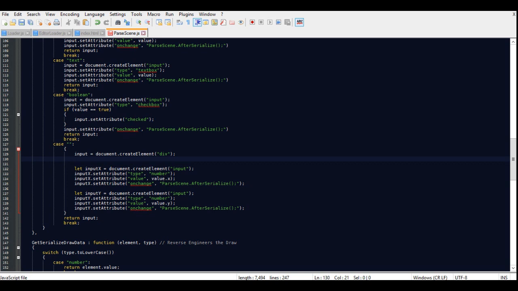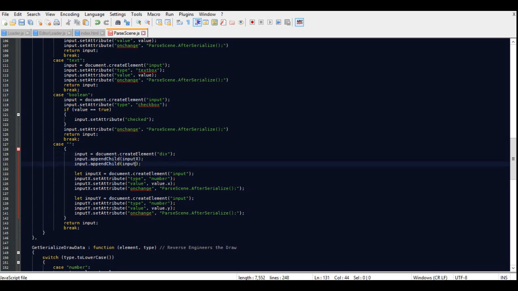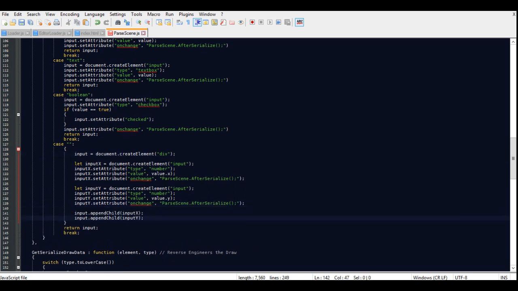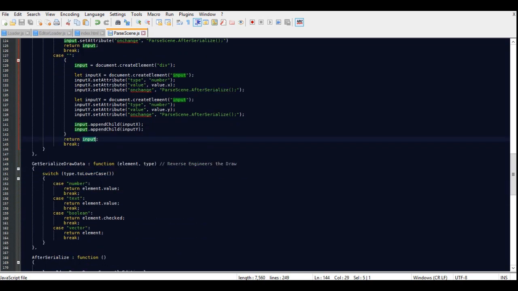So input append child input x, and we'll do input y. I'll put this after the fact. So now it should return it, and all we need to do on this is go into the